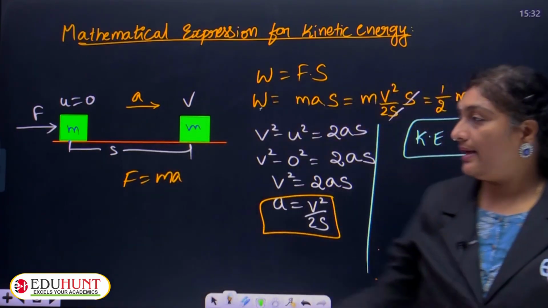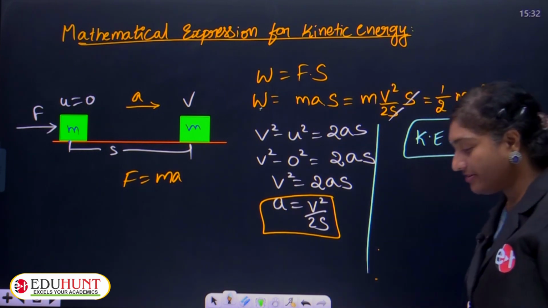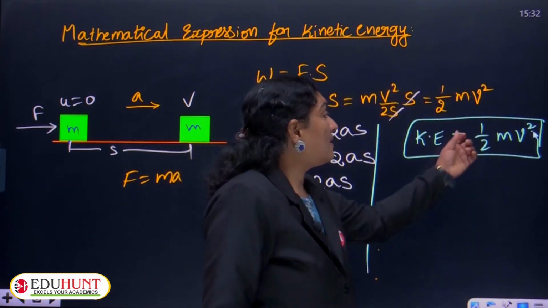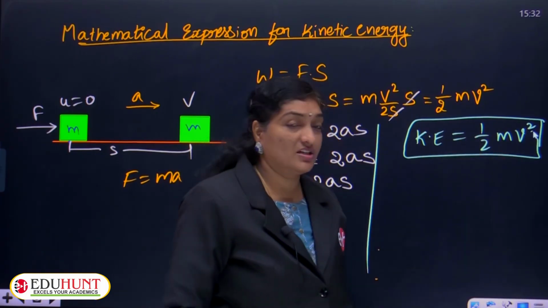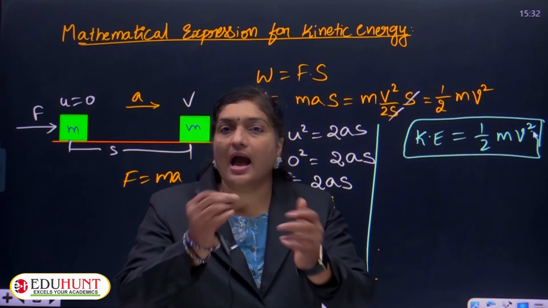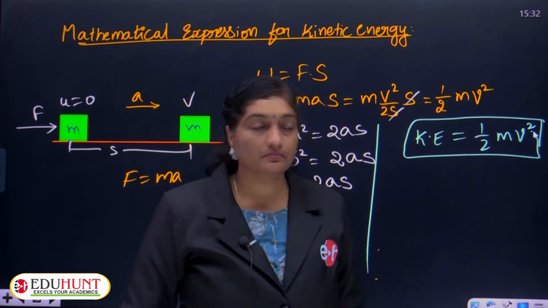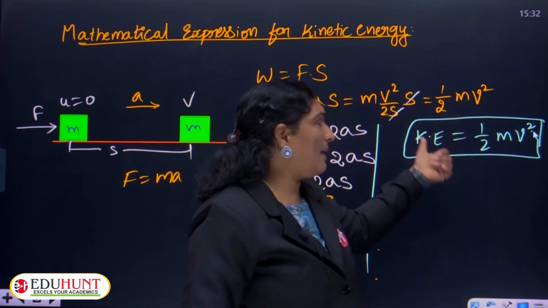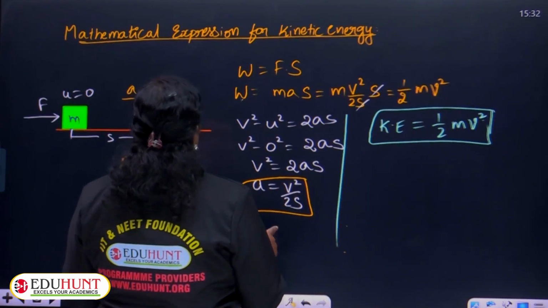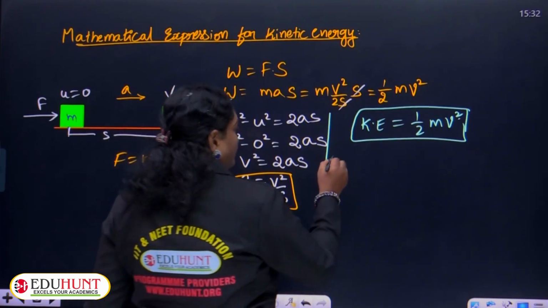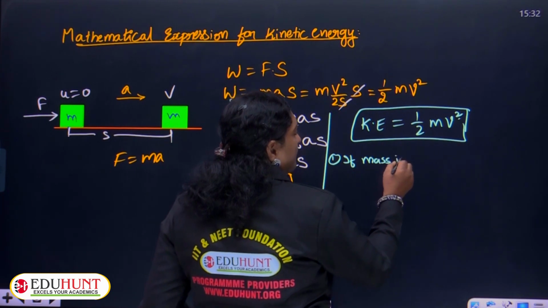Children, in the above concept, kinetic energy KE equals half mv square. Let us suppose the mass of the body is changed. Initially kinetic energy is half mv square, and if the mass of the body is doubled, what happens to the kinetic energy? So, let us consider different cases here. First case, if mass is doubled,